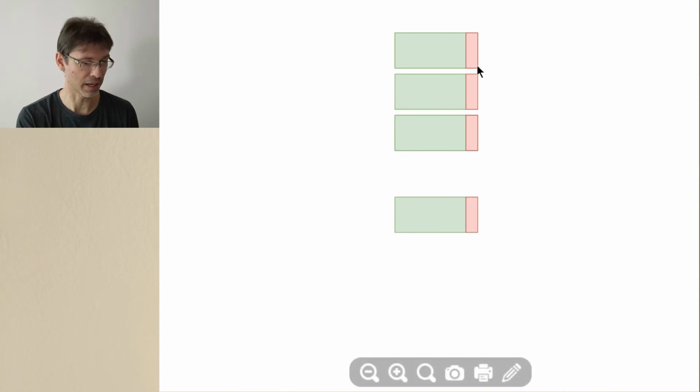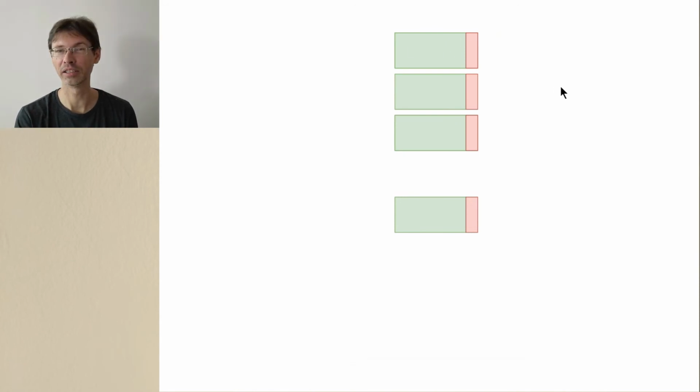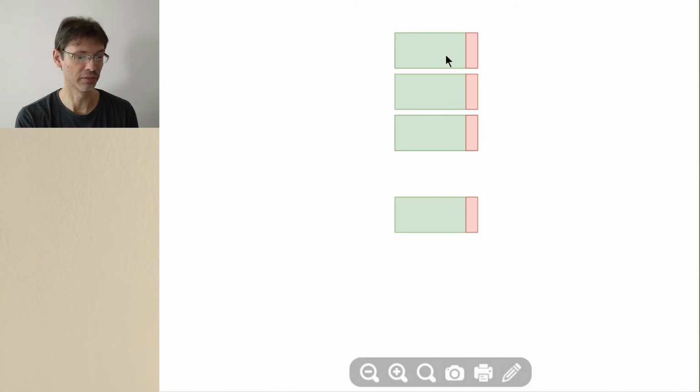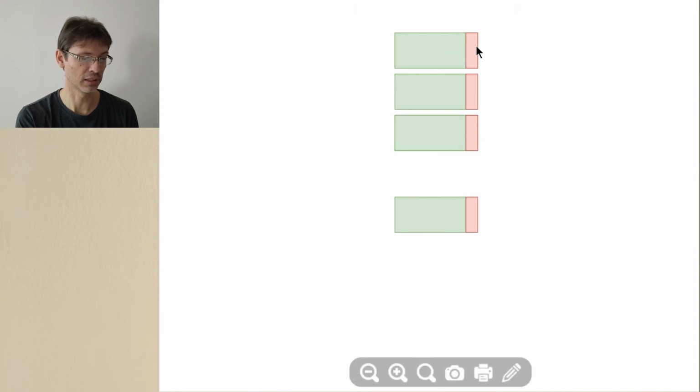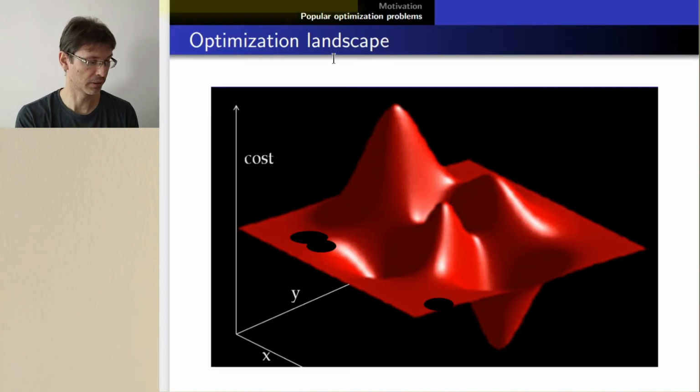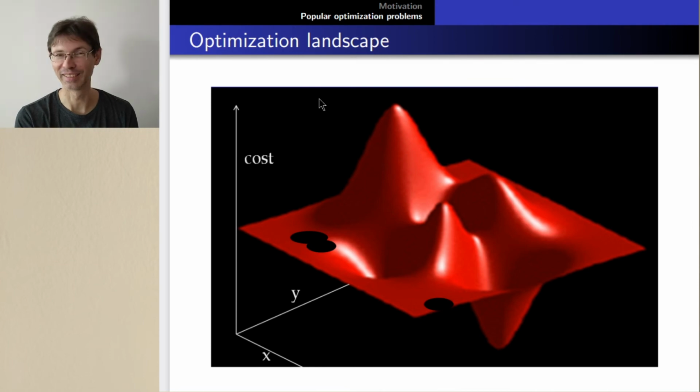And this red part is the evaluation, the value, the quality of this particular individual. And when we speak about evolutionary algorithms, we speak often about fitness. So this is the individual or the genotype or the solution and its fitness. Fitnesses are in this red part. When I talked about this landscape, I sometimes said it's a fitness landscape.